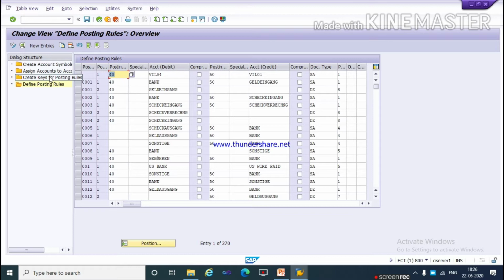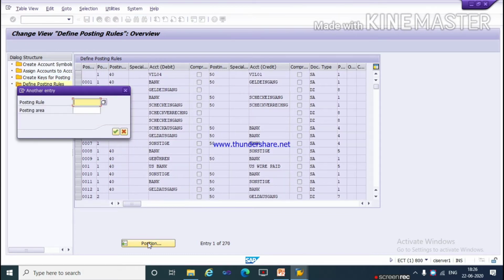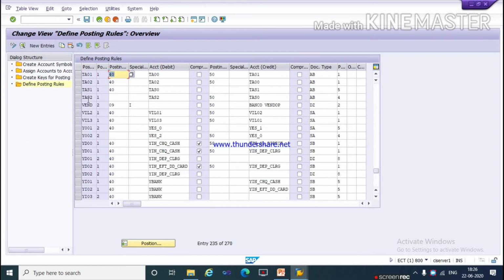So as per the requirement of your client, you have to define the configurations. For training purposes, I am telling you both scenarios. So if the same key already exists, open that one, posting rule TA01, enter.